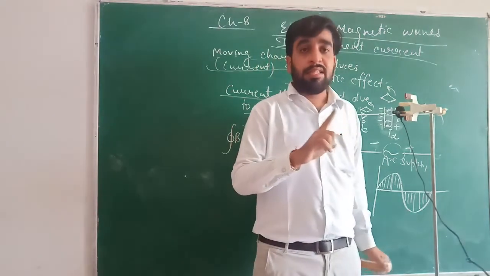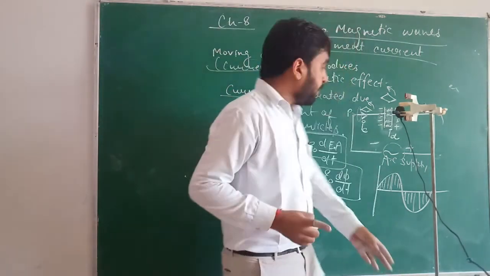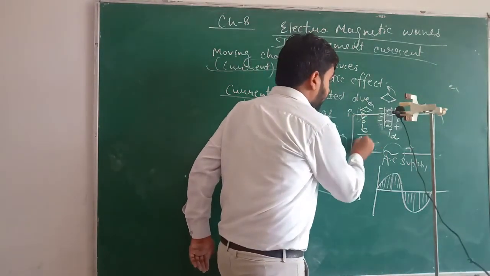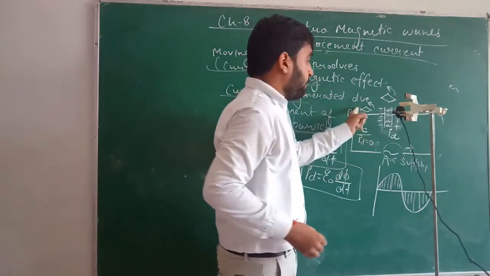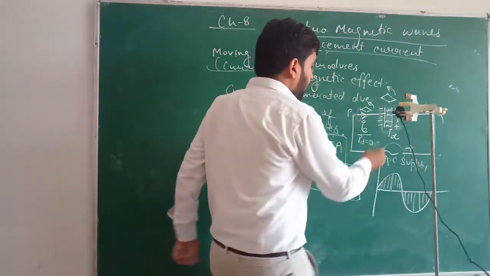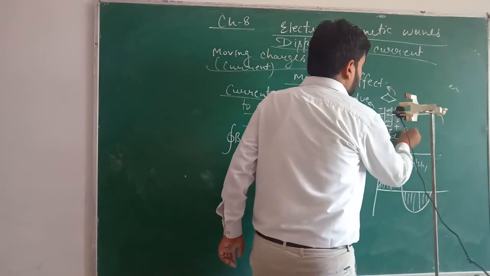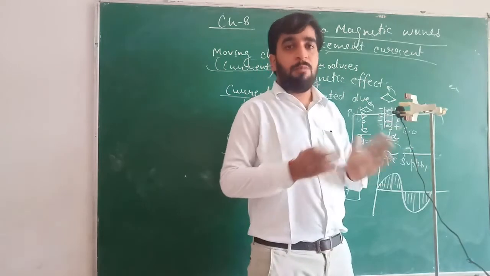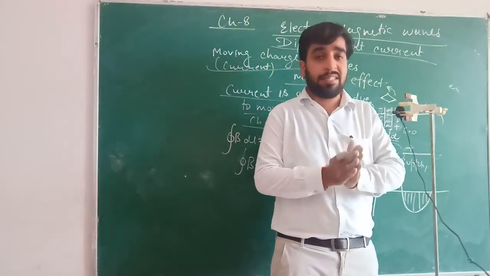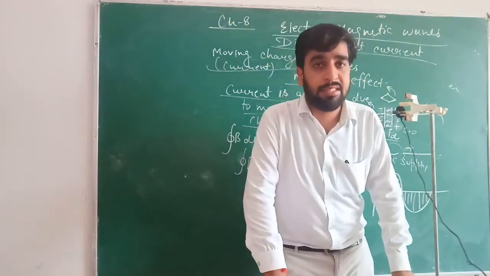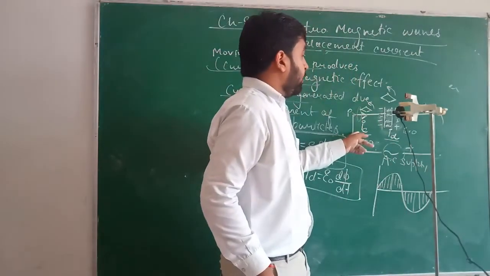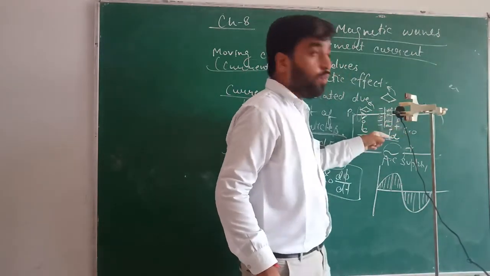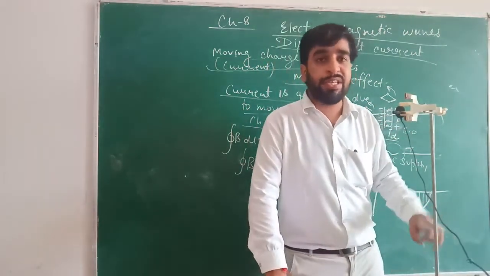Remember one thing, the magnitude of the displacement current and the conduction current is equal. Means here conduction current is present, displacement current is zero, because there is no variation in the electric field. Here the displacement current is present and the conduction current is zero. So conduction current and displacement current both are equal in magnitude, but both are generated by different methods. The conduction current is generated due to the movement of charged particles, and the displacement current is produced due to the variation in the electric field.